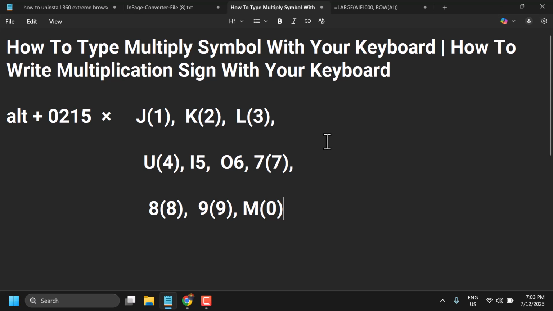This is a video to learn how to type the multiply symbol with your keyboard. So if you have the numeric keypad, press Alt plus 0215. If you don't have it, then turn on the numeric keypad